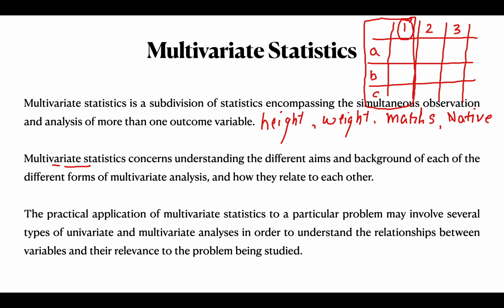I can calculate the mean of the first attribute, and the mode or median of the first attribute. Similarly, I can do the same with 2 and 3. I can calculate the mean of the first attribute, then the mean of the second attribute, then the mean of the third attribute, and compare all the means. We can do something like that. So we can analyze our multivariate data by dividing it into multiple sets of univariate data. It's not that multivariate statistics is completely different from univariate. These are just different names.